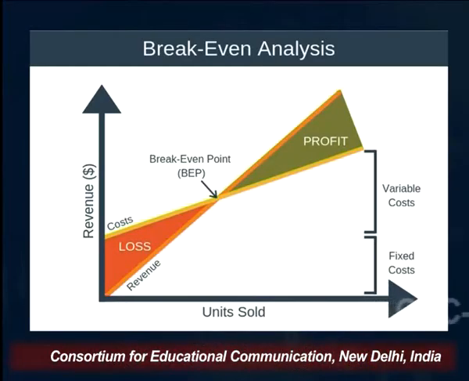You show the total revenue curve, the total cost curve, and the point of intersection of TR and TC is known as the break even point. By point of intersection, I mean it is the point where the total revenue is exactly equal to total cost, and that is why it is the point of no profit, no loss. Above that, whatever you are doing will increase your profitability.